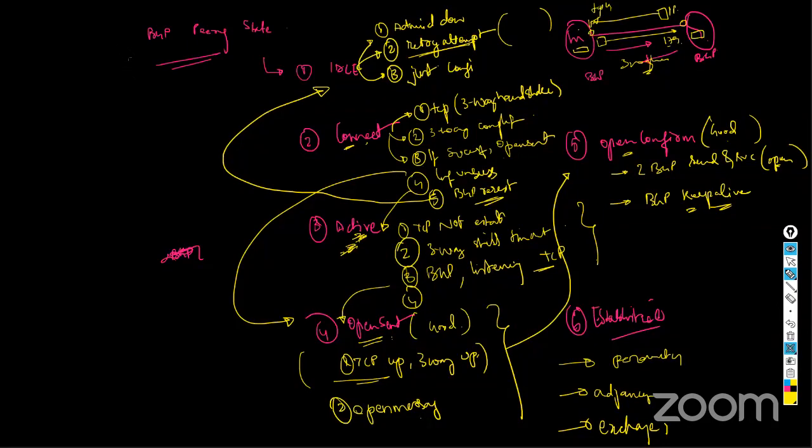So these are the states in the case of BGP. In the case of OSPF and EIGRP, they have their own states. In OSPF there are 7 states, right? Down, init, two-way, exstart, exchange, loading, full, right? So this is very similar in the case of the BGP protocol. In the BGP protocol, these are the states.